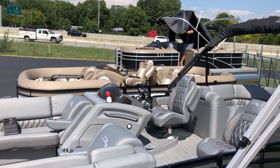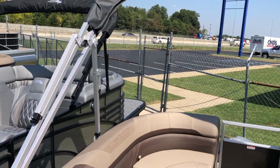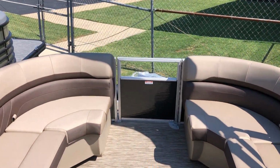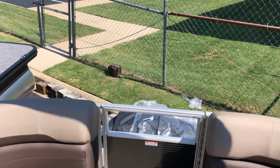Show you guys a little bit about some of our other inventory. You see the guys over there getting them ready. As with all of our Benningtons, this will come with a 10-foot long bimini top and a full boat cover. And we do have the Yamaha 150 horsepower motor in stock for this boat, and this boat will also have the